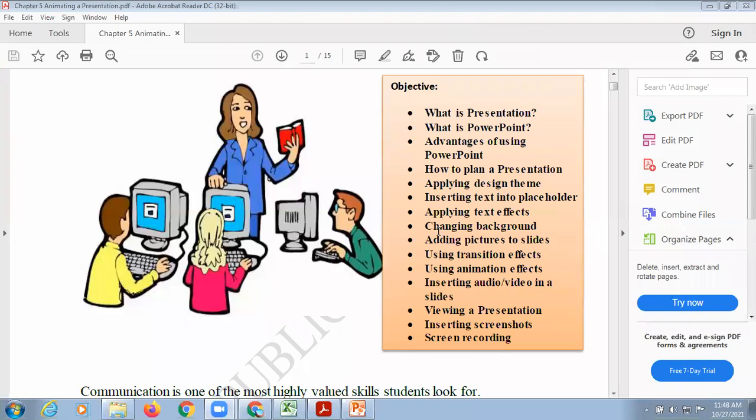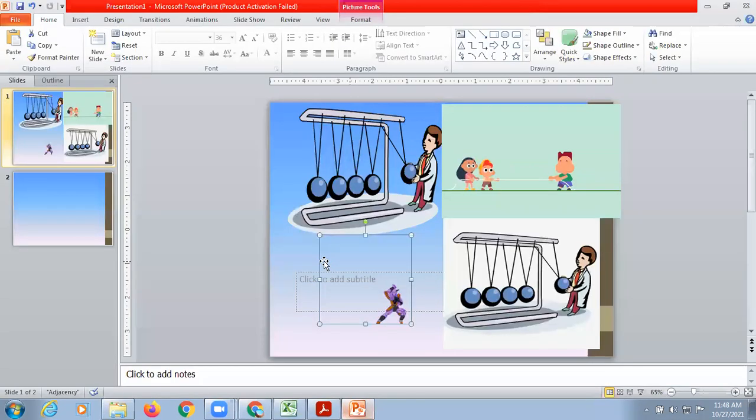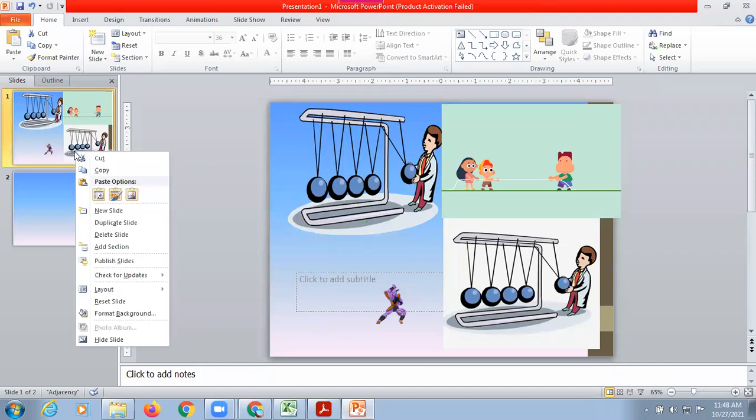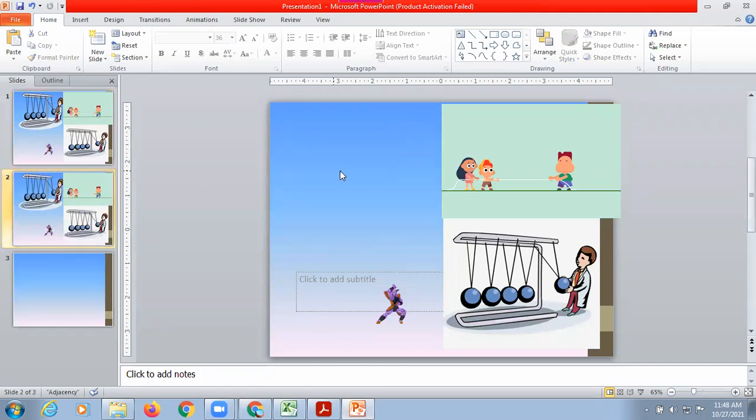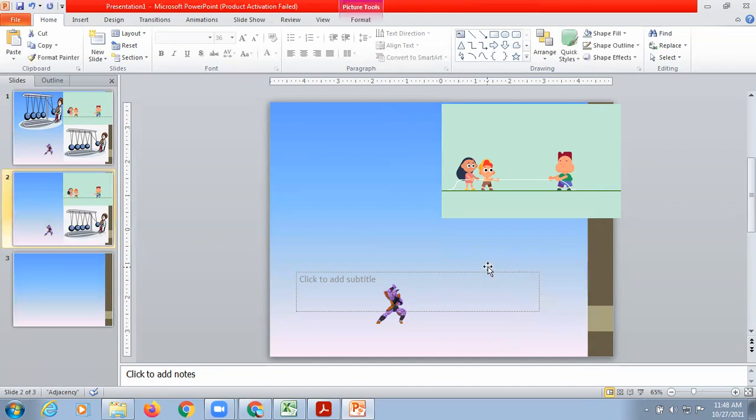Okay, so now we have seen how to change the background and how to insert pictures. Next is using transitions and using animation. Transition means how you go from one slide to another slide. Let's say this is my first slide and I'm creating a duplicate copy of the same slide. And from here, I am removing these two images and this text box also.